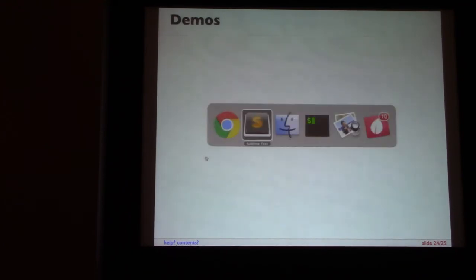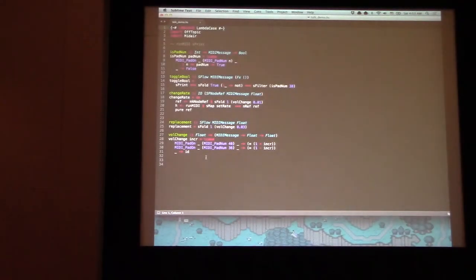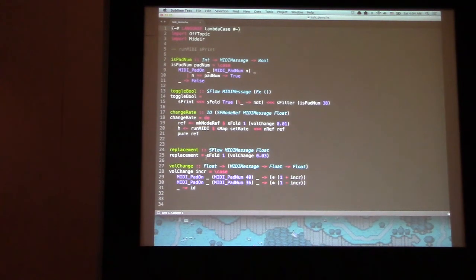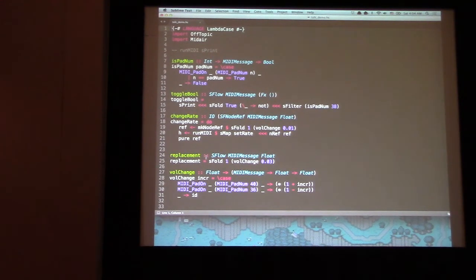Demos. I'm going to have to do a bit of showing you the code and using the code separately. I've been using the simple volume change analogy, and I'm going to demonstrate that here.